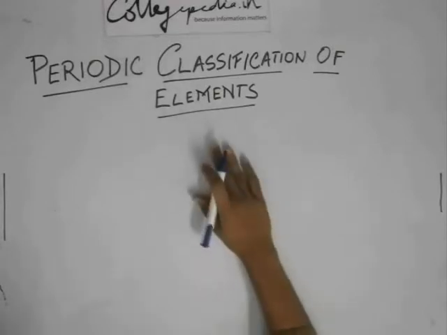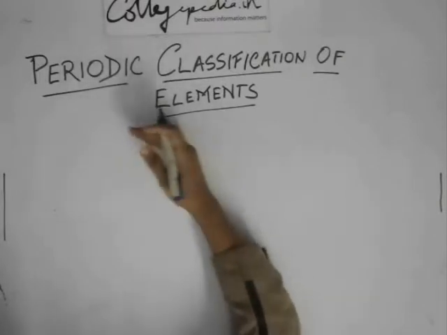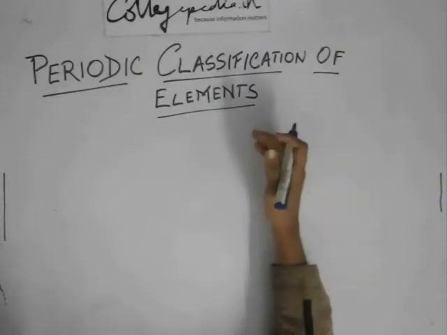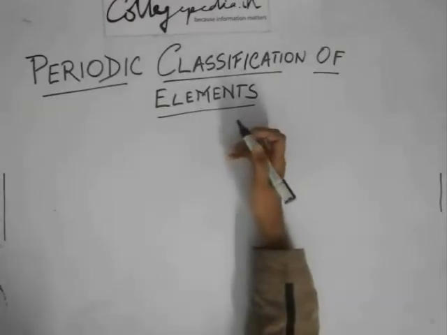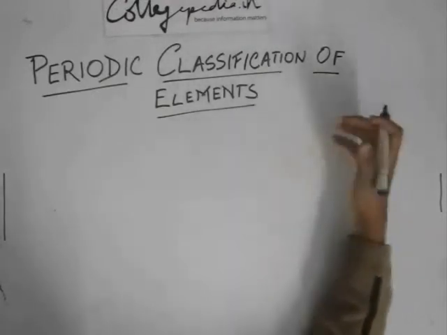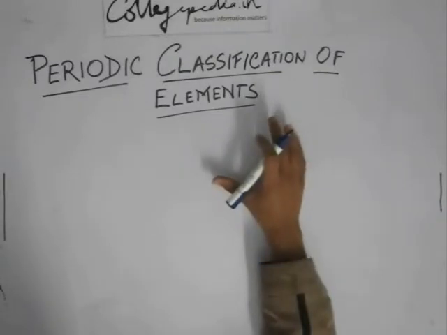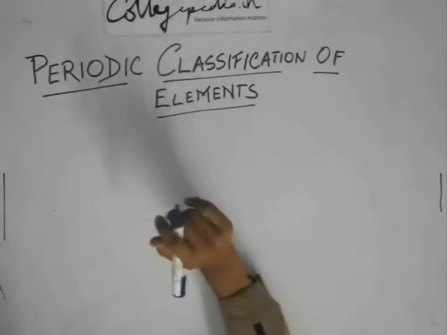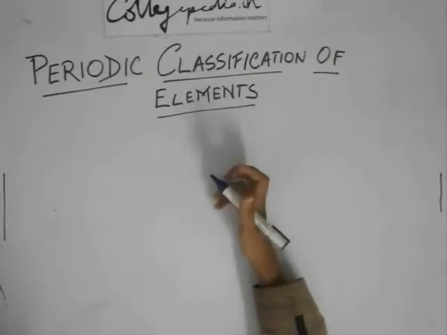So today we'll start with periodic classification of elements. Now, in the olden times, when elements were not discovered, there was no chance of periodic classification of elements. But as more and more elements began to be discovered, there were so many elements that studying all of them separately was not possible, and they got mixed up in properties and stuff. So the scientists decided that they would classify the elements in some order.